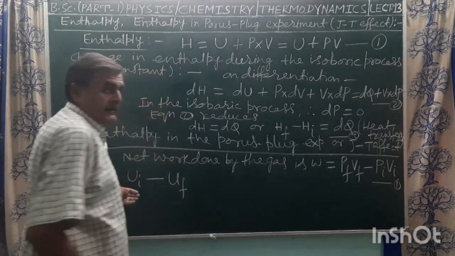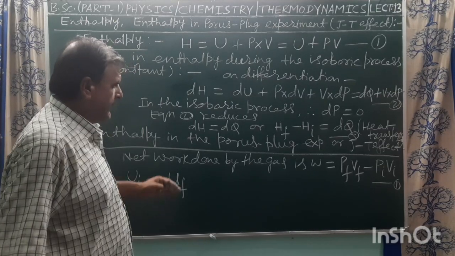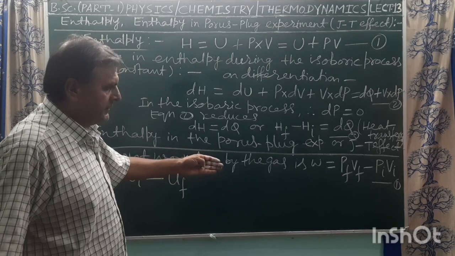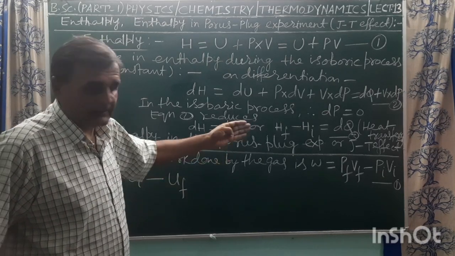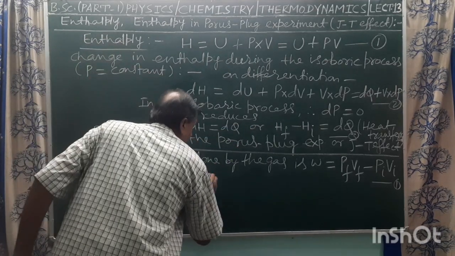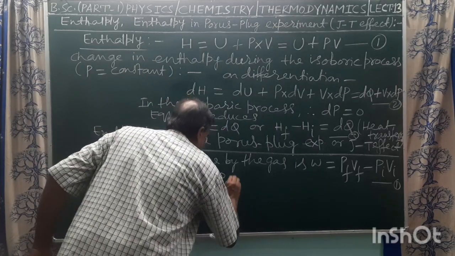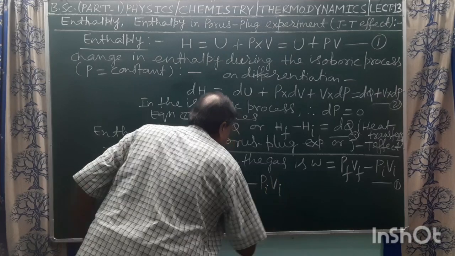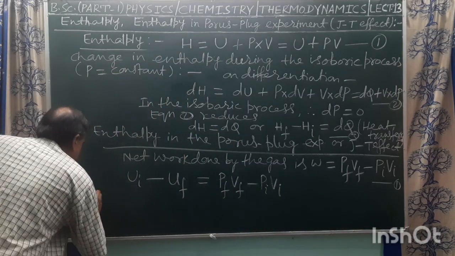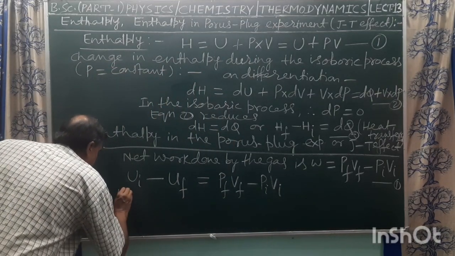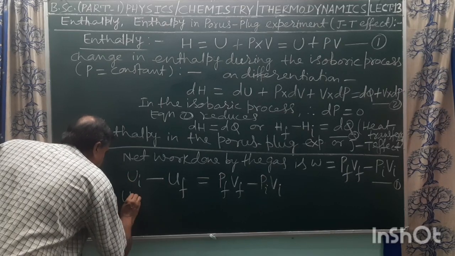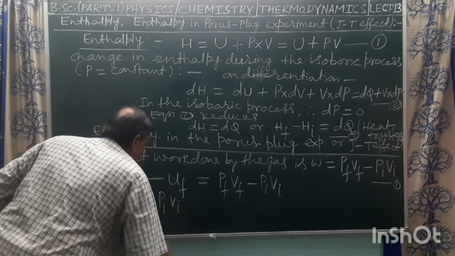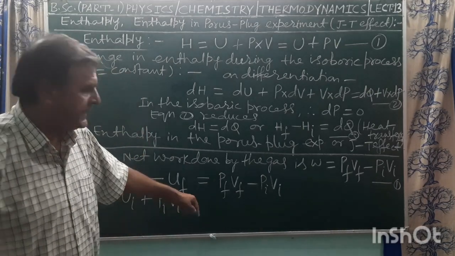There is decrease in internal energy of the system, and at this cost, this decrease in internal energy of the system is utilized in work done by the system. So, Ui minus Uf is equal to Pf Vf minus Pi Vi, that is work done by the system. Now we can write Ui, that is initial internal energy of the system, plus Pi Vi, product of initial pressure Pi and Vi. It is taken